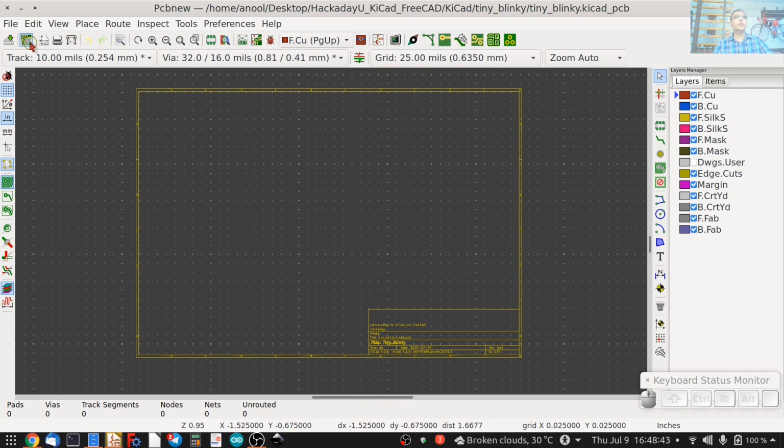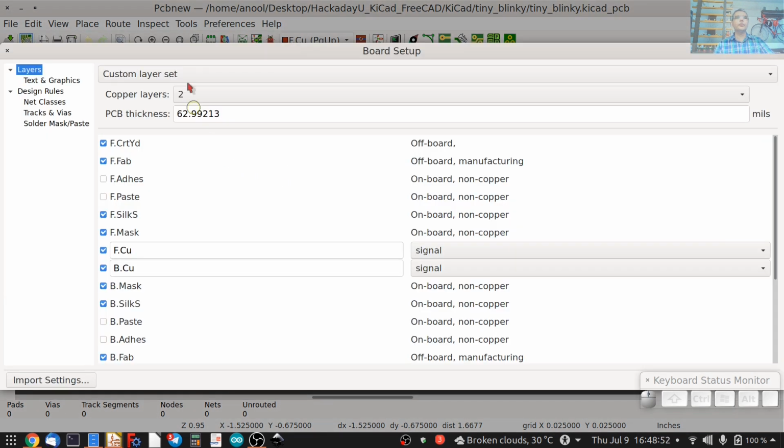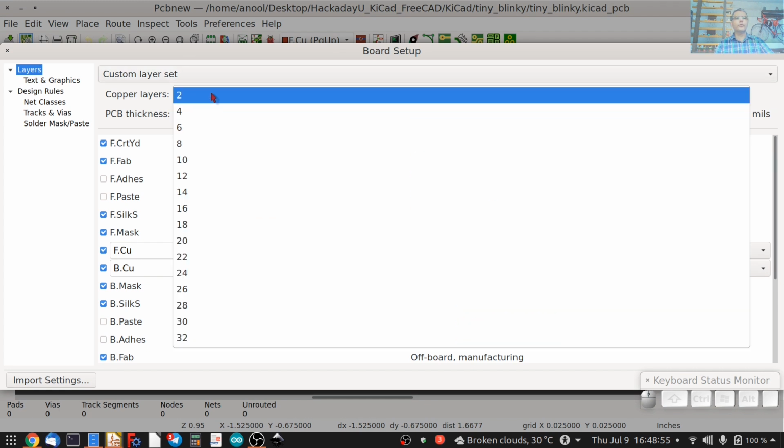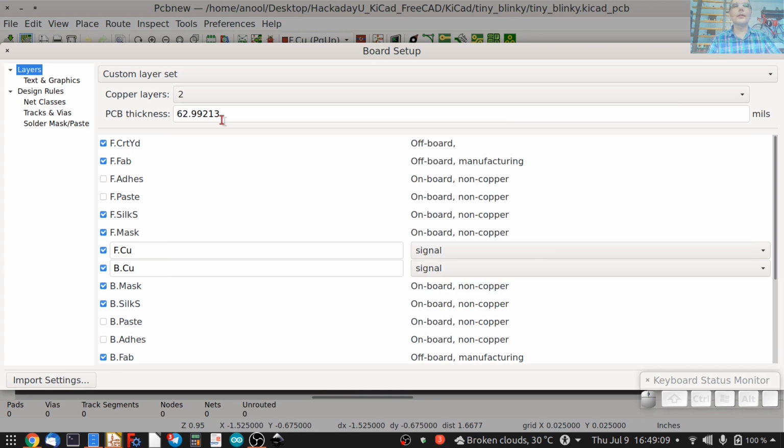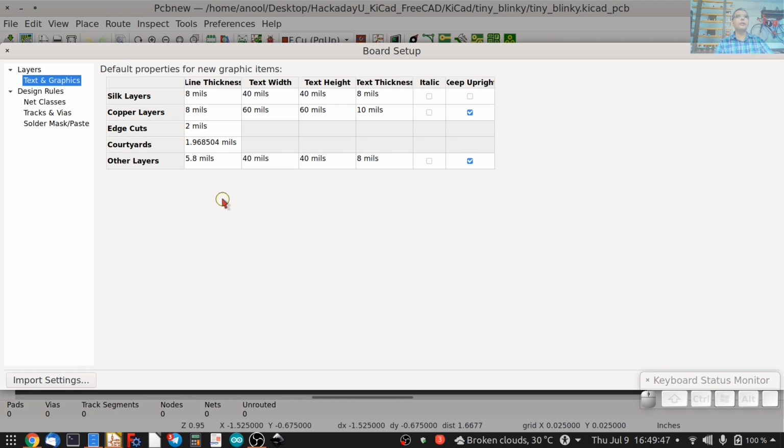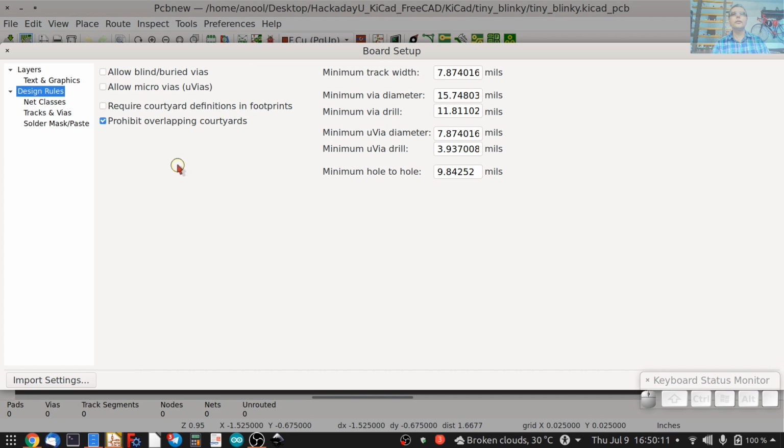The other important thing to do is to select the second icon, which is the board setup, and this is important. This defines several things. You first start with the number of layers you want to have. The default is 2 layers. You can also set the PCB thickness, and you can also define the layers that you want visible in your design. You can add default text line thicknesses for the different layers. Check with your PCB fabrication facility. And then design rules. Again, depends on your board house and the kind of design that you're doing. So add these values in based on data you receive from your board house.